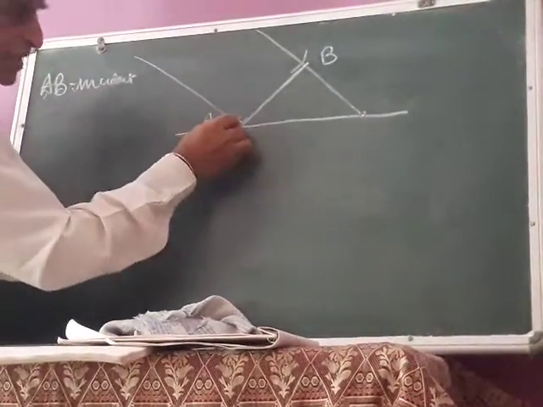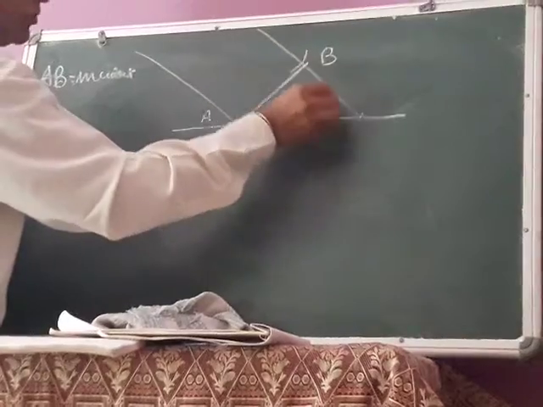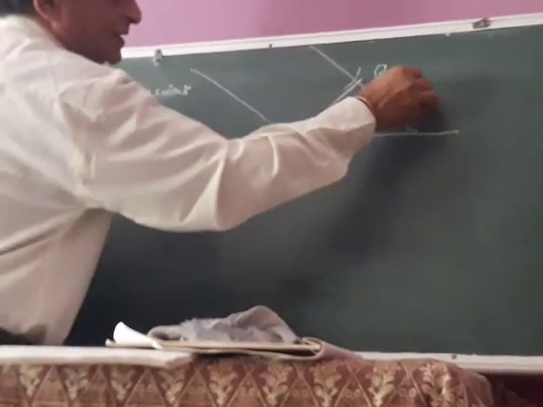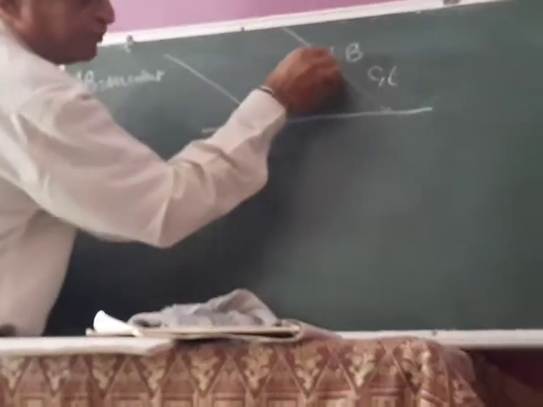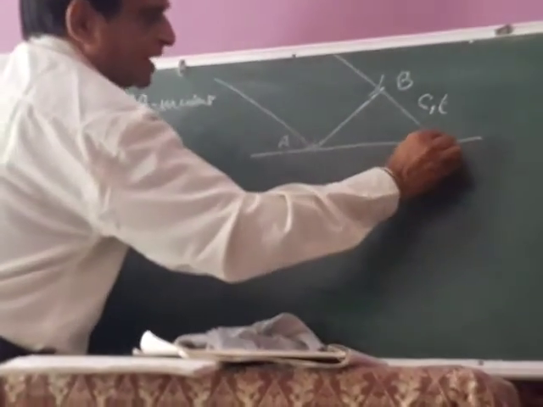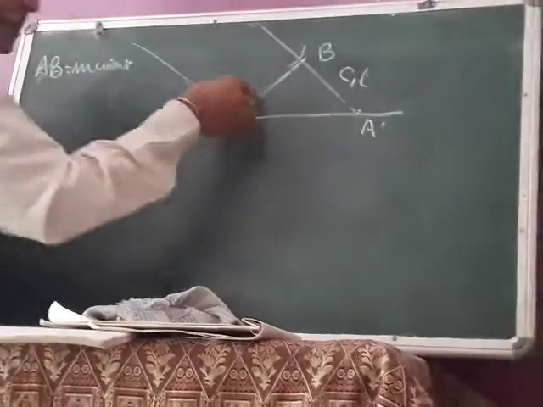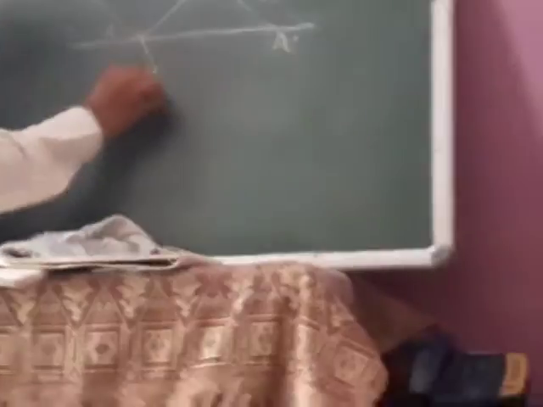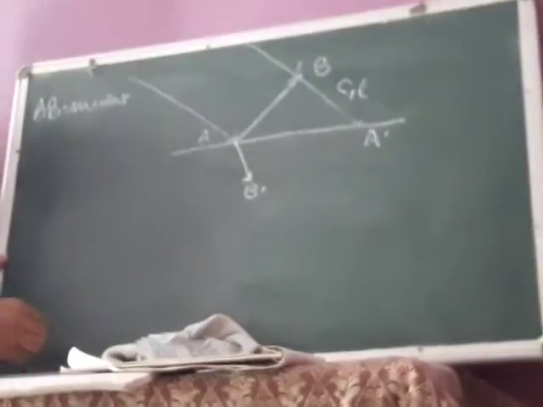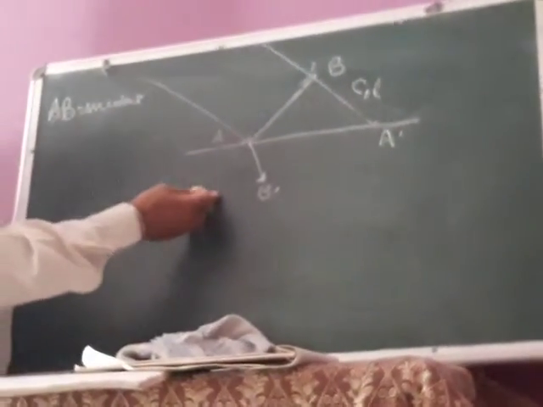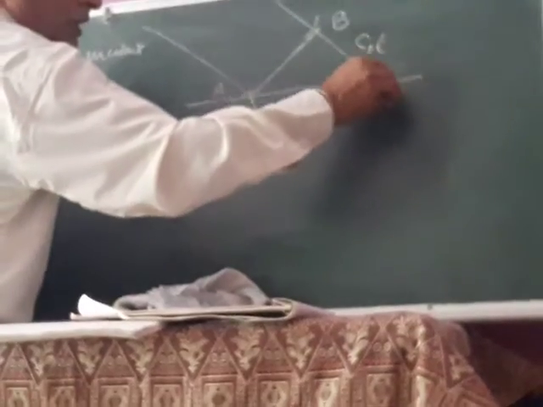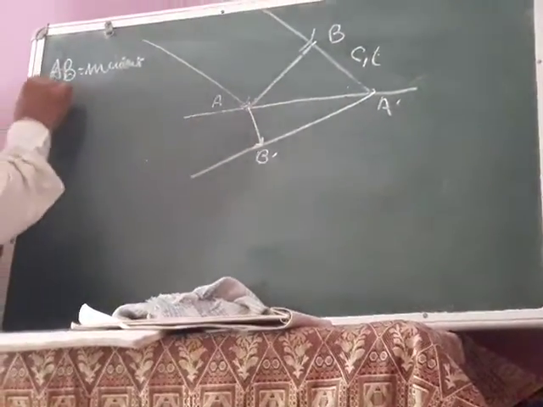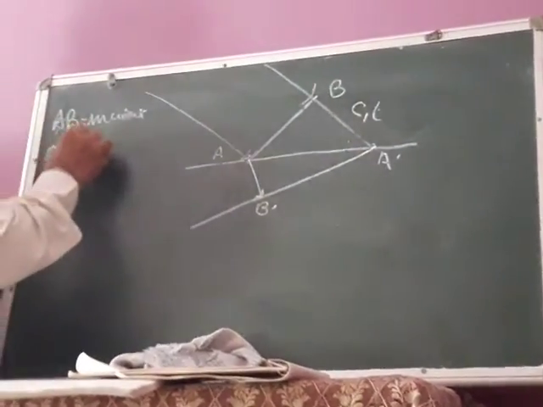Now this end has already reached the boundary, but this end has not reached the boundary. It will take a certain time. Say for example, c1 is the velocity in air and t is the time taken by this part of the wavefront to reach A dash. By that time, this part will reach somewhere here, B dash, depending upon the velocity of light in this medium. So A dash B dash will be the refracted wavefront.